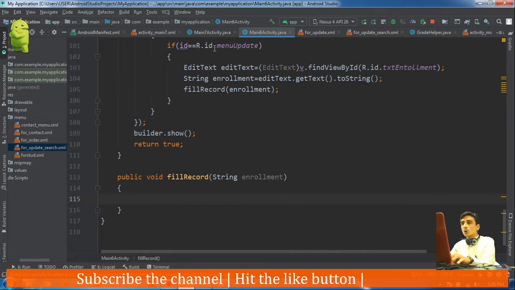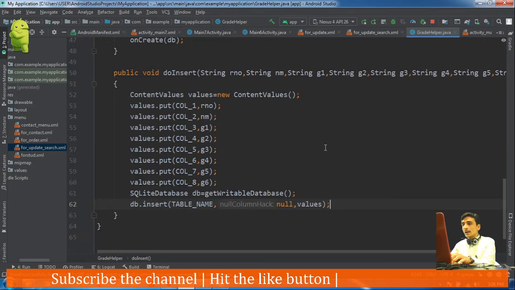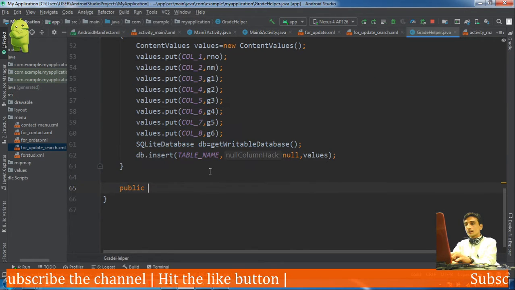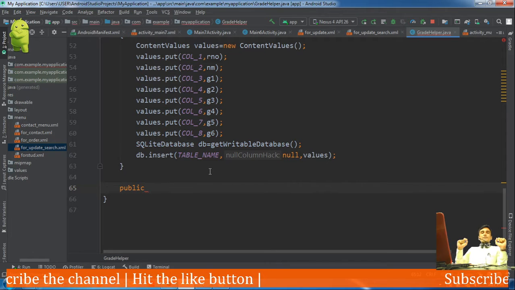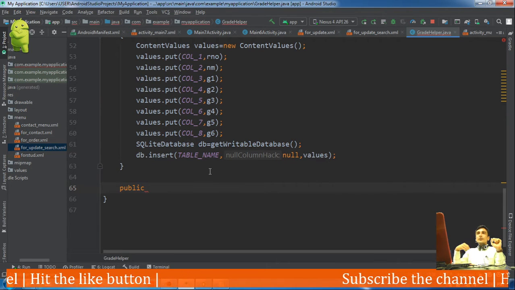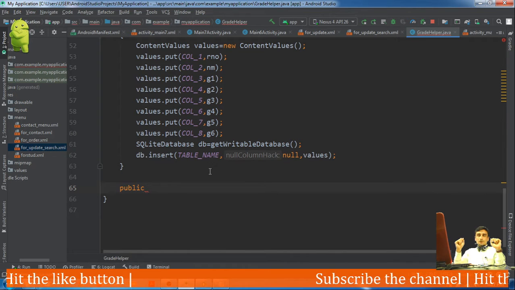For that we will go back to the helper class, and we will define a method here, public. In this method we will search for the record having the enrollment number entered by the client, and if that record exists, then we will return that record in the form of a cursor.